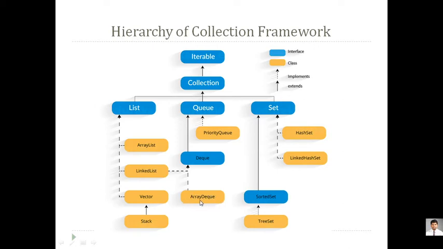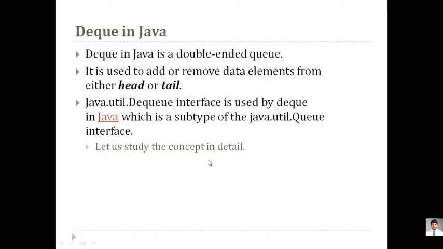We'll be implementing this DQ and checking how it is created and how it is different from the priority queue or linked list queue that you created using Queue as an interface. As far as functionality is concerned, it is not very different, but there are two or three functions added which are only implemented in ArrayDQ. We cannot use those functions in any other classes. We'll go into detail about the list of functions in this session itself.